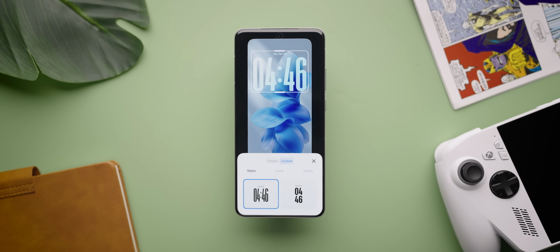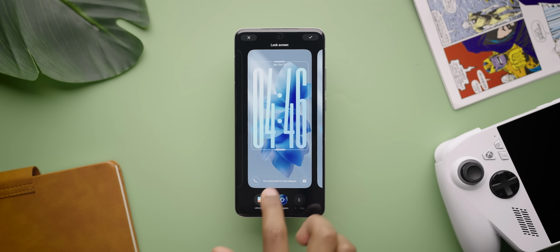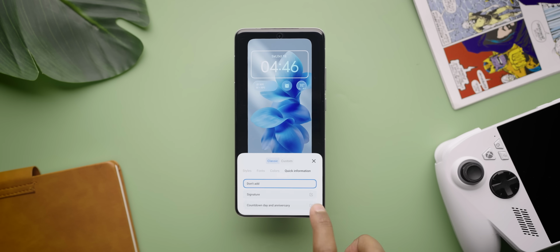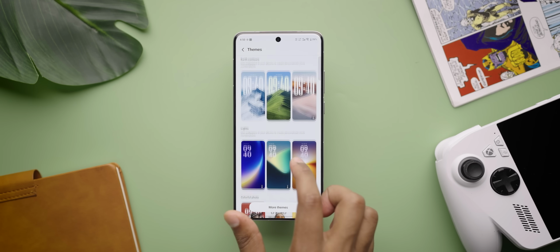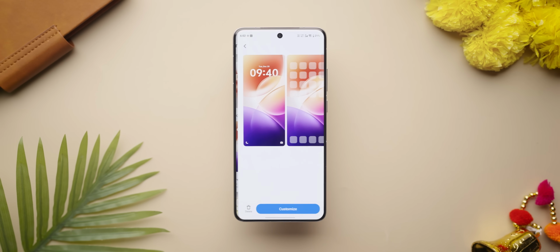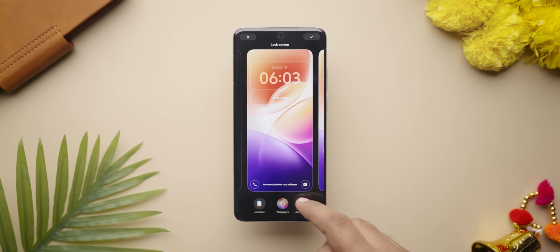There's this new clock style option and this clock is resizable. There are lock screen widget options now. You can add countdown and maybe your anniversary to make sure you don't sleep on the sofa. And there's a lot of cool new wallpapers and themes here. There's OriginOS wallpapers with cool depth effects that look better than what we've seen in FuntouchOS, but the